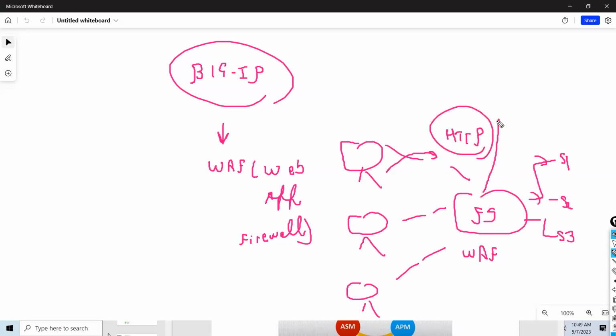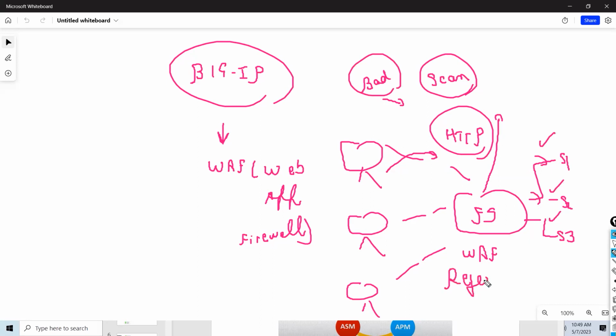F5 will first scan this traffic to check whether it's good traffic or bad traffic. If this traffic is bad, F5 will not forward the traffic to servers. It will reject the traffic here only.